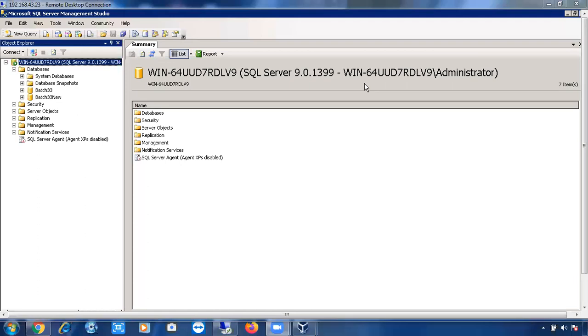Whenever you are writing the data, who will write? Someone should be there to write the data to the disk, right? Okay, that account is called service account. Service account is an account which helps to run the service as per the Windows architecture. Not only SQL Server will have a service account, all the software that you are installing in the Windows machine will have service accounts. Any software, like if you're installing an antivirus software, or VirtualBox, you have installed VirtualBox, right? If you're installing any other third-party tools, like Avast, something different, all the software will run under a service account.